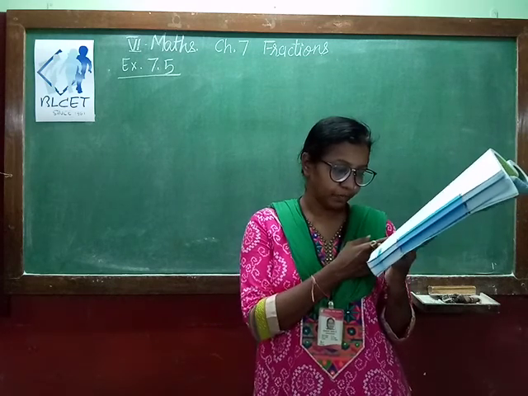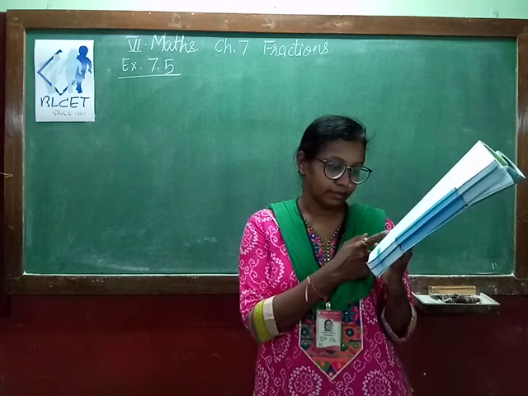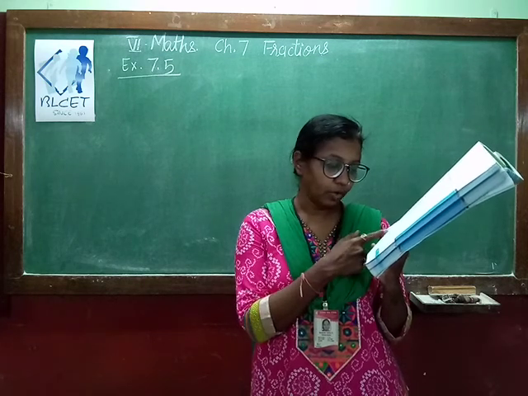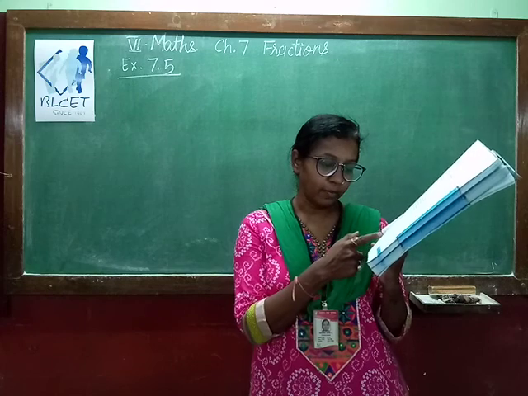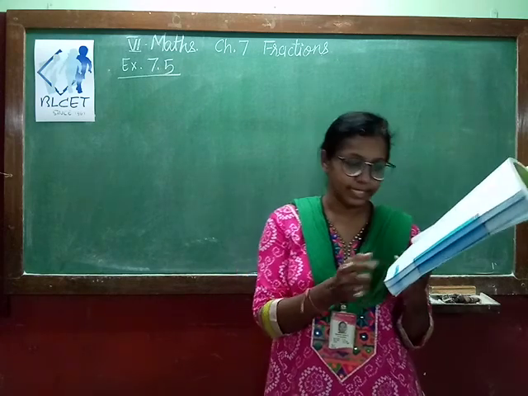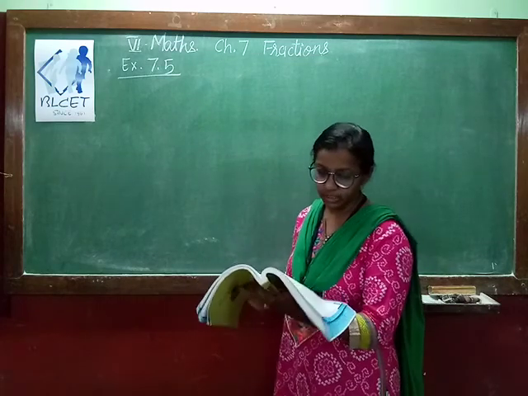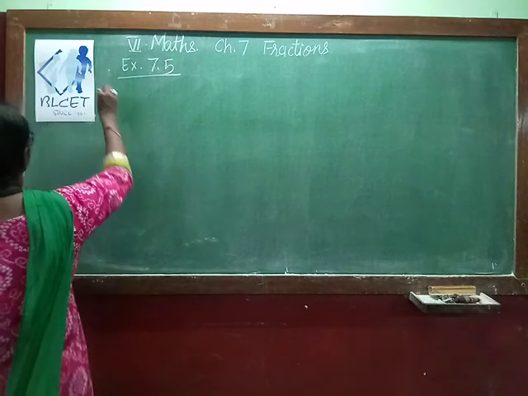Third is, what can you do? 4 are there. 4 minus 3, you are getting only 1 ball. So what is the answer? 4 by 6 minus 3 by 6 will give you 1 by 6. So that is the question of subtraction. Now see, that you can do by yourself. Question number 2, solve.